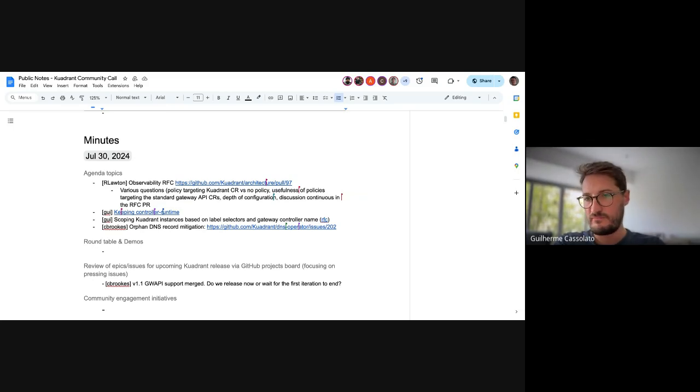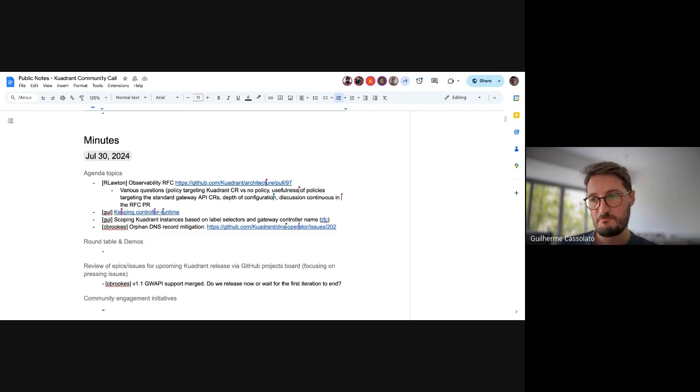Well, we need to cover that well in the documentation, to say the least, right? Because in the Gateway API group, at least, I've been seeing more and more conversation around this use case of having multiple gateway controllers running simultaneously in the same cluster, right? I don't know how much of a use case that is, but it is a use case, right? Maybe it's not 80% of the cases, but it's something that we need to take into account.